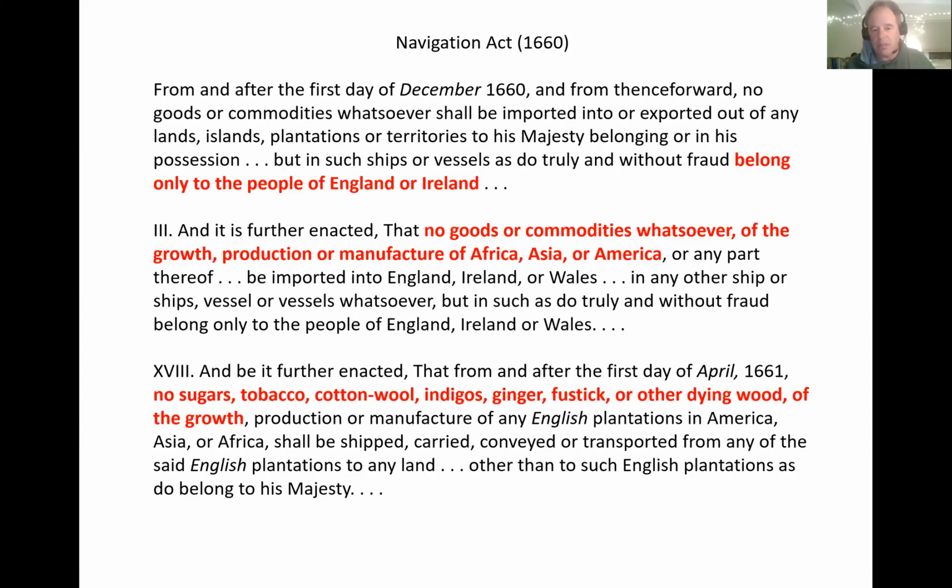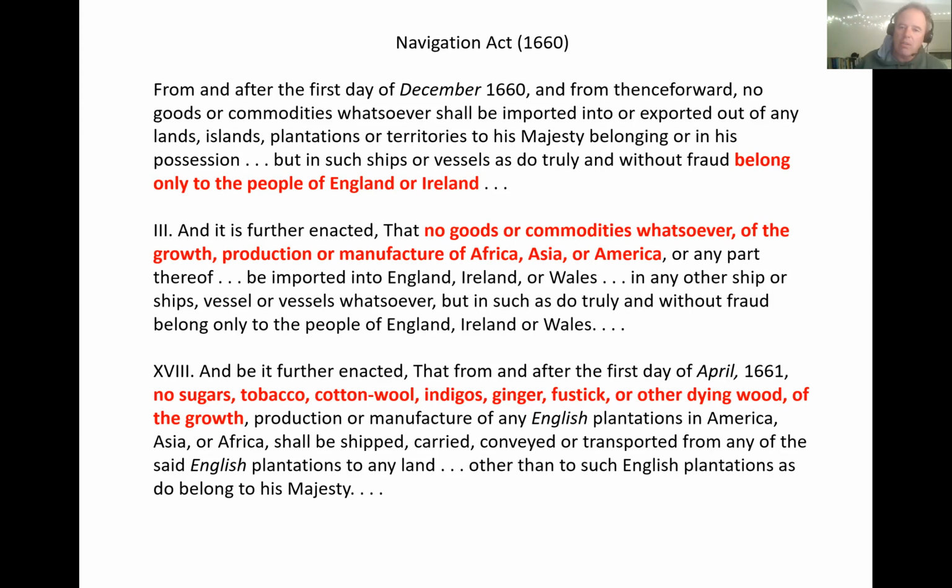Material from Massachusetts is not supposed to be able to go to France or Spain or even British colonies in the Caribbean or Spanish colonies in the Caribbean. So the idea is that you create a system where the material from the colonies just goes back to the mother country, and it's an exploitative relationship. The idea behind the Navigation Act is that these colonies have no independence at all. The problem from the British standpoint is that the Navigation Act for roughly 100 years will be